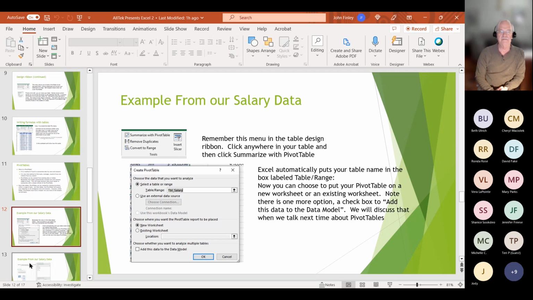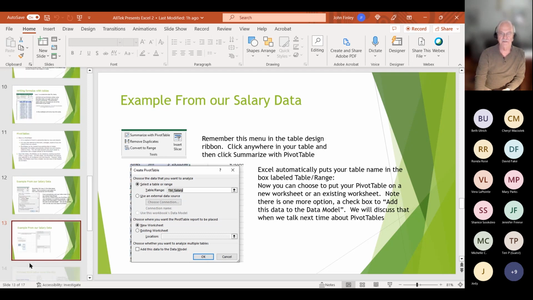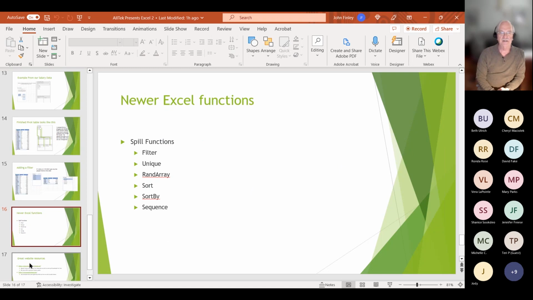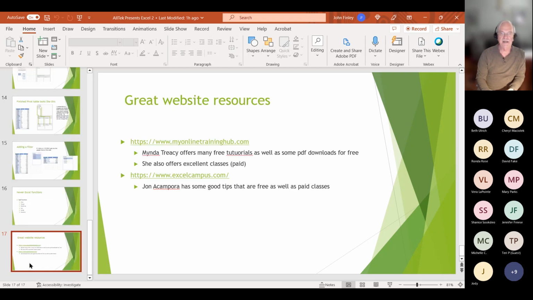So here's an example. I'm not going to spend much time on this. Let's kind of flip through this. We're going to add a filter on our pivot table. You'll see how important that is in a minute. Then we're going to talk about some of the newer Excel functions, and we're going to talk about some lookup functions. And then finally in this file, and we're going to put this one away for just a minute,